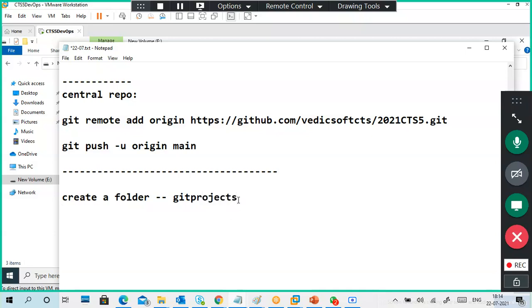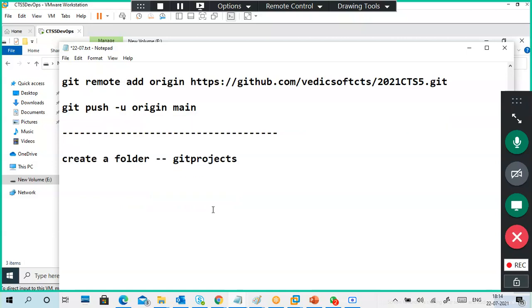For example, I created this folder. Now I will go to that one. In this folder, git projects, on your side, you have to do it.